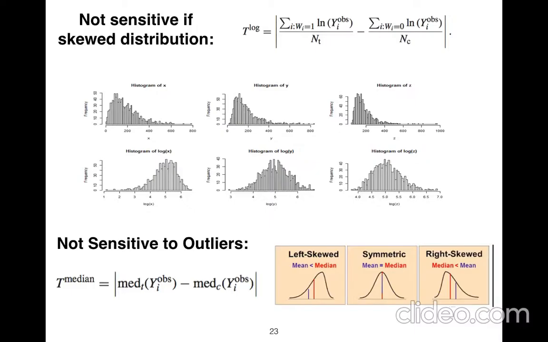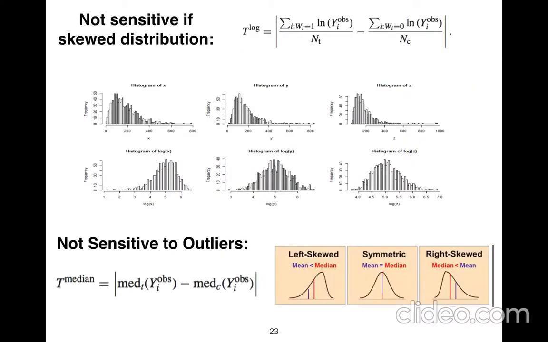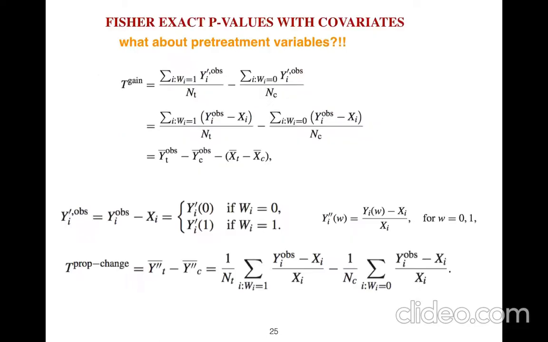We have different statistical tests such as t-tests, such as rank statistics. And if you want your data not to become so sensitive to skewness of your distribution, use a logarithmic transformation. And for example, if you don't want your data to be sensitive to outliers, use median. So we have different test statistics, and we understand how likely those